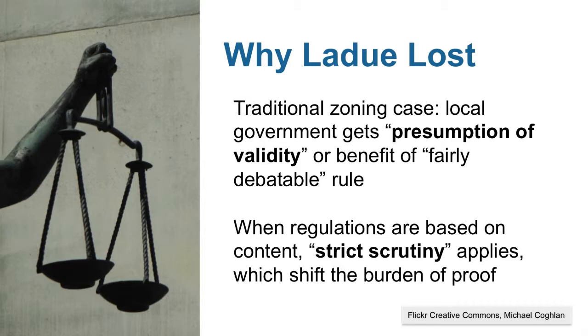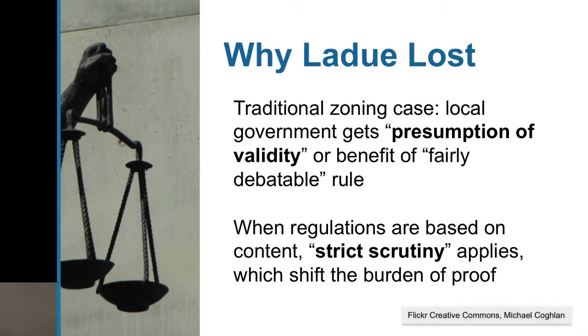You go into court, you come out of court with the presumption that your ordinance is valid, that the city council knew what it was doing, that it had a good reason for doing it, and that's measured against what's called a rational basis test. So the members of the city council can come in and say, well, our experience has been that bowling alleys attract a whole lot of people on Saturday afternoon and they create parking problems, and we don't want those downtown. We'd rather have them in the suburban parking area.